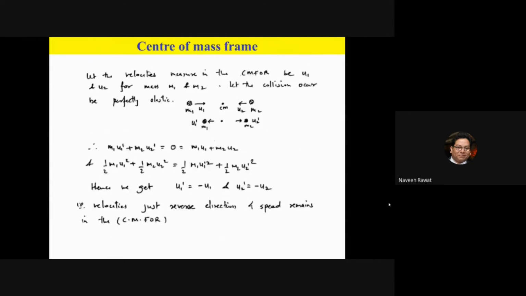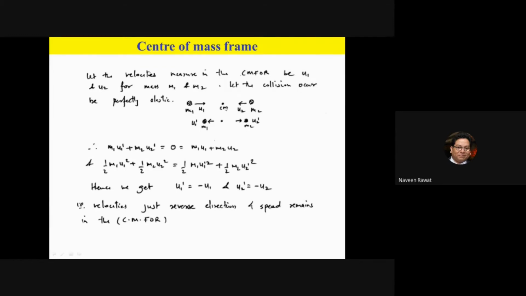So look at it this way. Suppose you have two masses, m1 and m2, and they are approaching each other. We have already calculated for the individual system of these particles that the center of mass will probably be at the center if both the masses have the same value of m1 and m2.